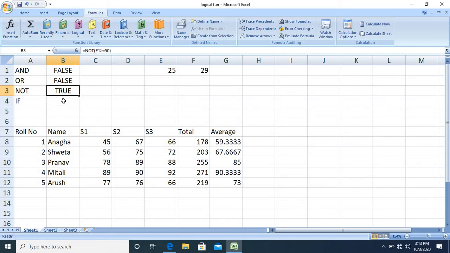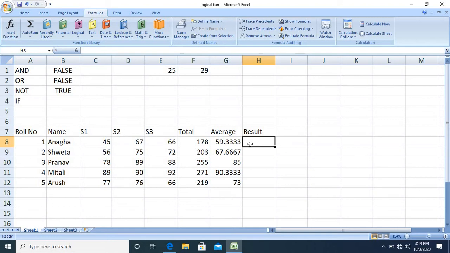Now let us learn how the IF function is used. Let us create a column as result. In this column, let us display pass if the average is greater than or equal to 35 and fail if it is less than 35.